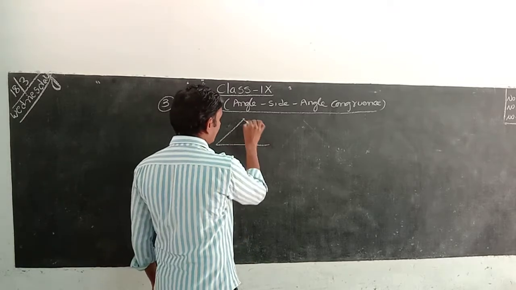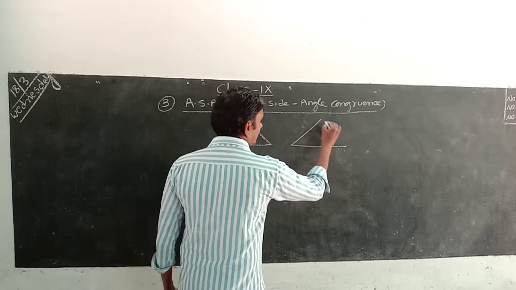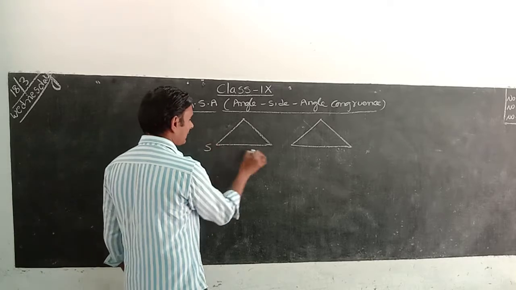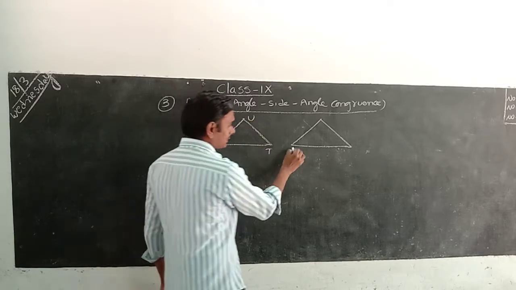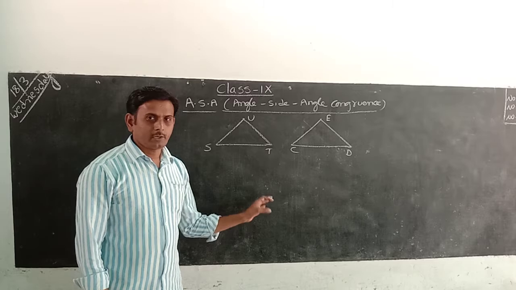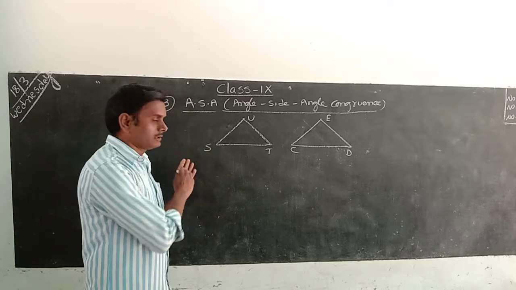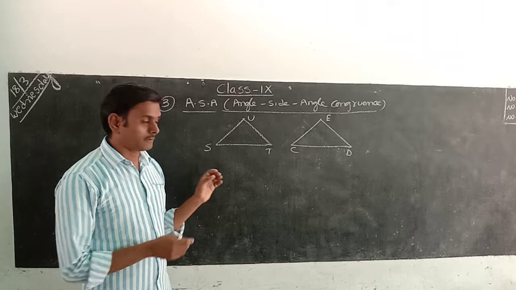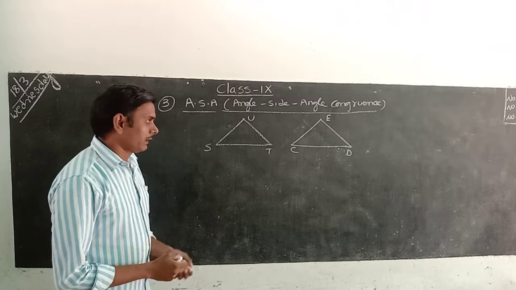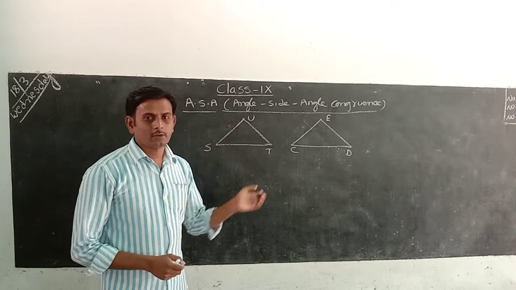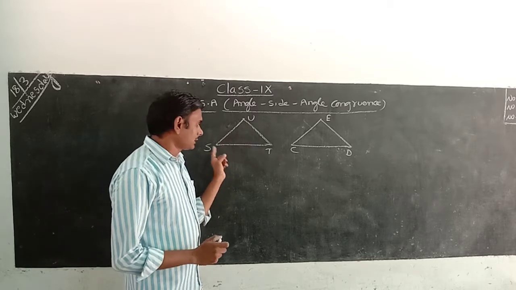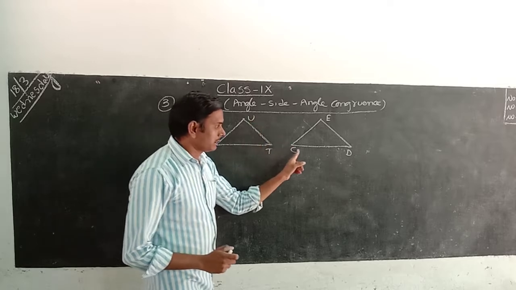If you choose any two triangles, previously we considered sides first, but in this we have to choose angles. For example, I have taken one triangle STU and another triangle CDE. This is a rough figure. Without measurement, we are guessing these are equal, but they may or may not be equal. For our understanding and explanation purposes only, I am taking rough figures. In an examination, when they ask for the definition, we can draw rough figures also. No problem with that.